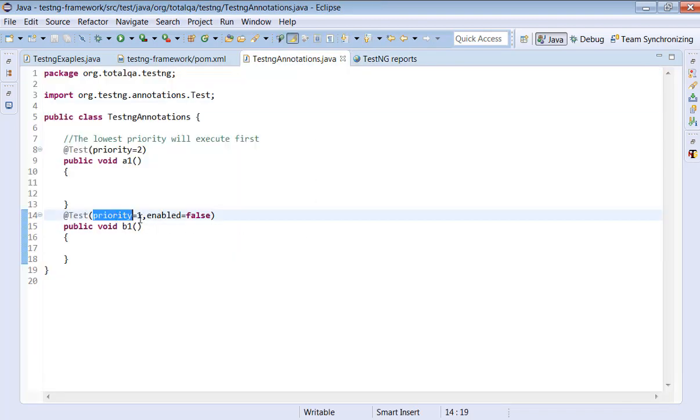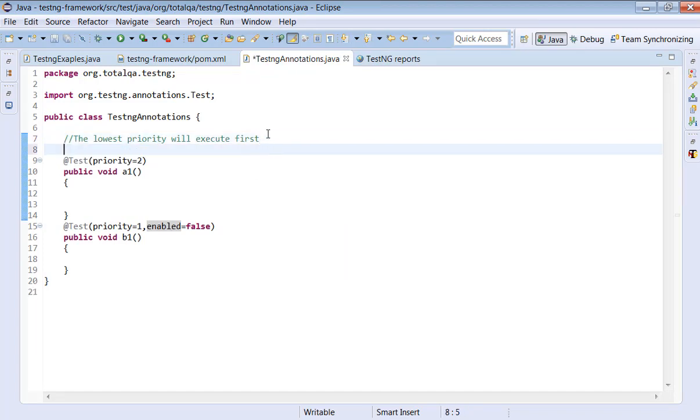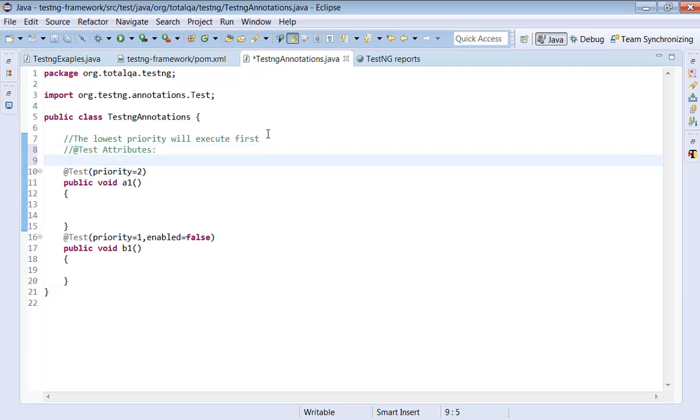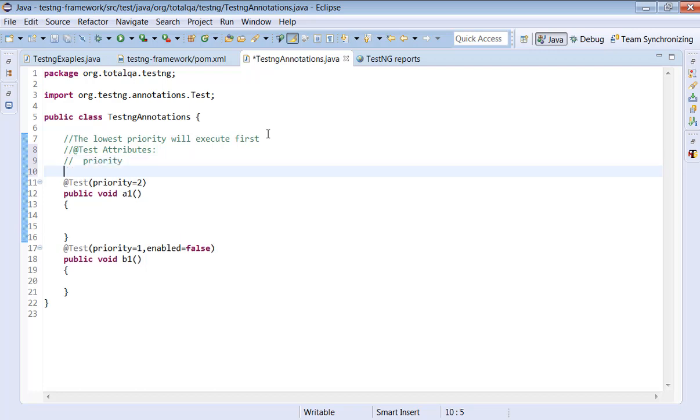So what is priority and what is enabled here? Let's write down the @Test attributes. What are the attributes right now? Priority is an attribute. Similarly, enabled is one attribute. Not only that, you can add a few more attributes here.